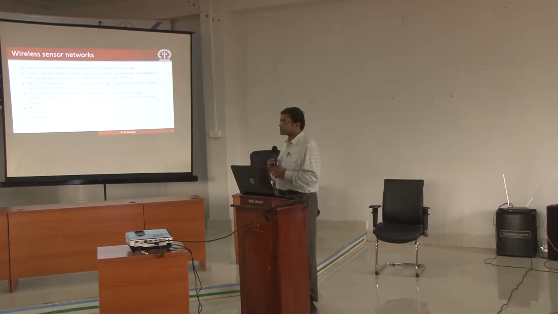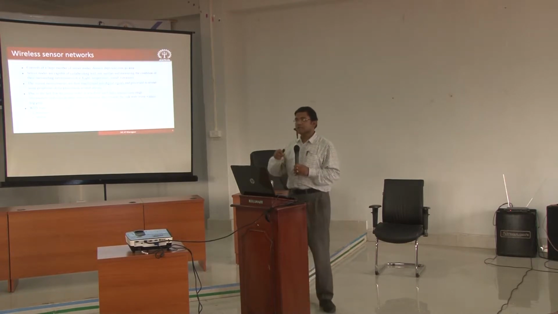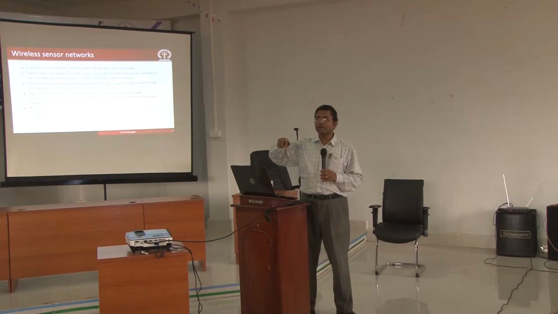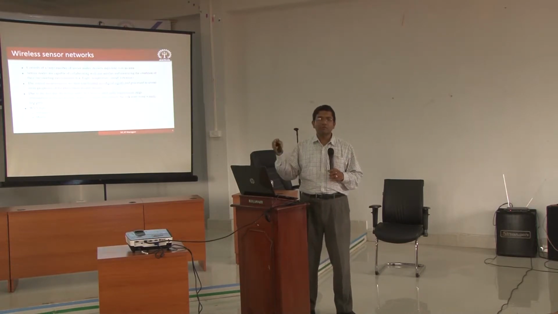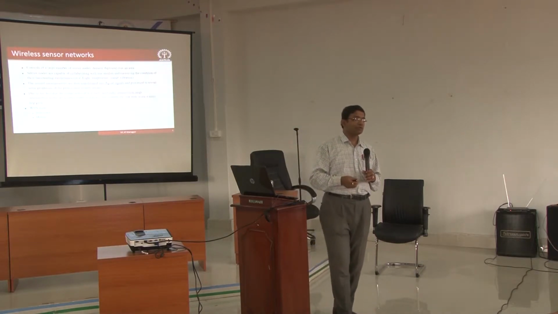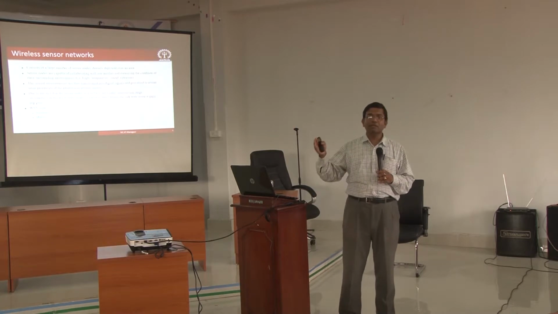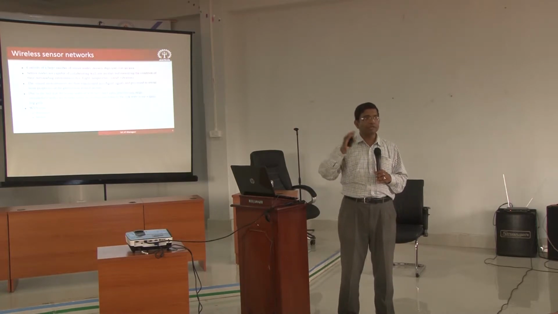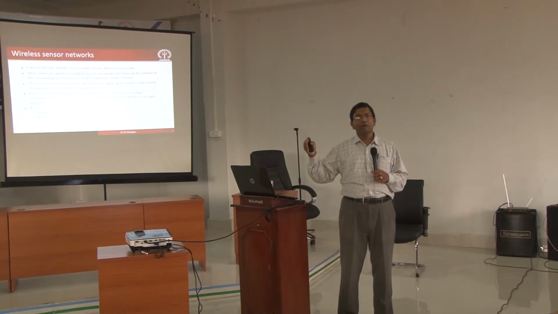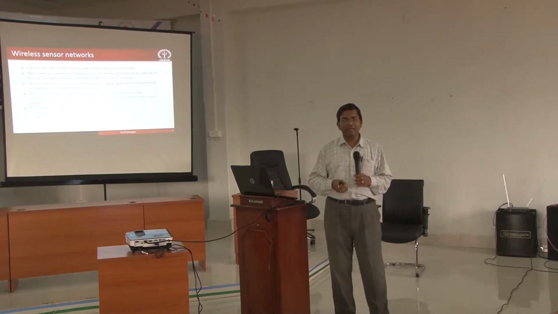So what is this wireless sensor network? Ultimately, there are different wireless sensor nodes that are deployed in different places. These sensor nodes have a very small transmission range, and due to that, you have to place different nodes in close proximity of each other, so that the data sensed by a particular node can be sent over a multi-hop path if the destination node is not within the direct transmission range of the source node. So it's a multi-hop kind of communication mechanism,